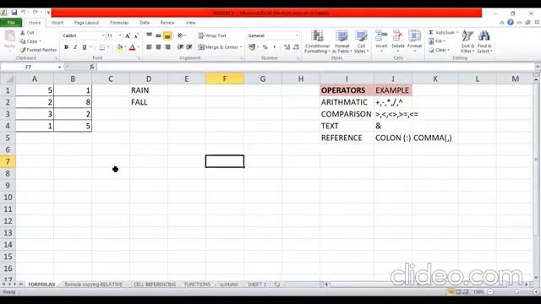Now let me start with writing a formula in one of the cells. Suppose I want to add two numbers, 1 and 2, so I have to write an expression for that. In fact, before I start with a formula, let me show you what happens if I do not enter an equal to sign. I just write 1 plus 2 in my cell and I press enter. You can see that Excel does not make any calculation. It does not understand that you have put a formula. It just uses this as a text value.